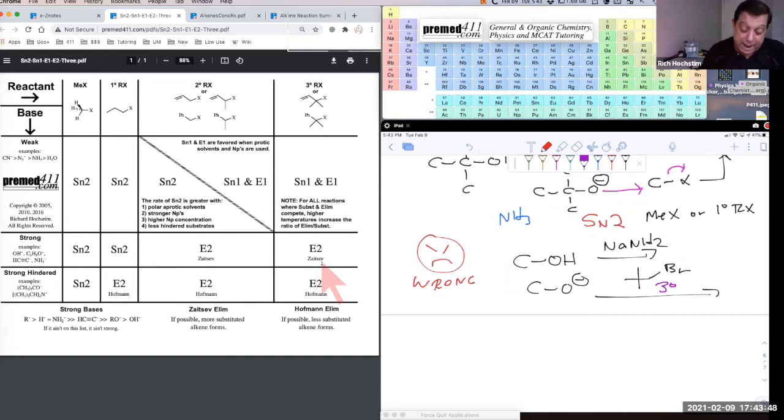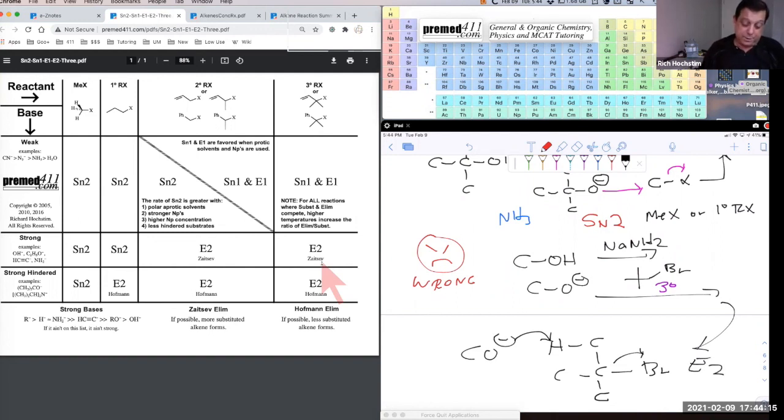So yeah, so what would happen is for this one, what we would end up getting is this here. This would grab a hydrogen like that. And when it grabs it, the bromine leaves. This would be E2. So that's the way you don't want to do